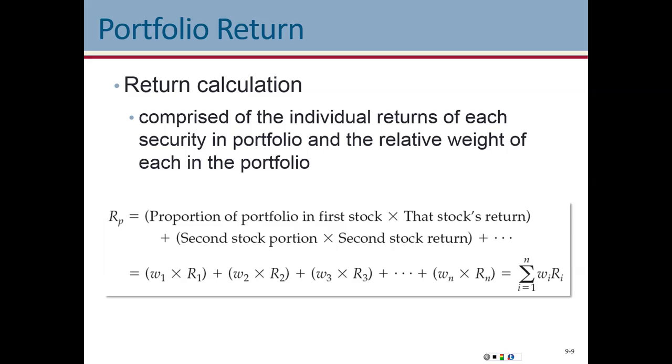So if we want to know the return of our portfolio, it is going to be very simple, and you're going to have a lot of chance to practice with your Connect. We're going to be multiplying the weight of every stock times the return of every stock. Now, weight is the percentage of our portfolio that goes to that stock. If we're investing $1,000,000 and we put $300,000 in McDonald's, we're putting 30% of our portfolio in McDonald's, right? So we get the weight by dividing how much we are investing in every stock by the total. We multiply that times the return that we're receiving in every stock at the